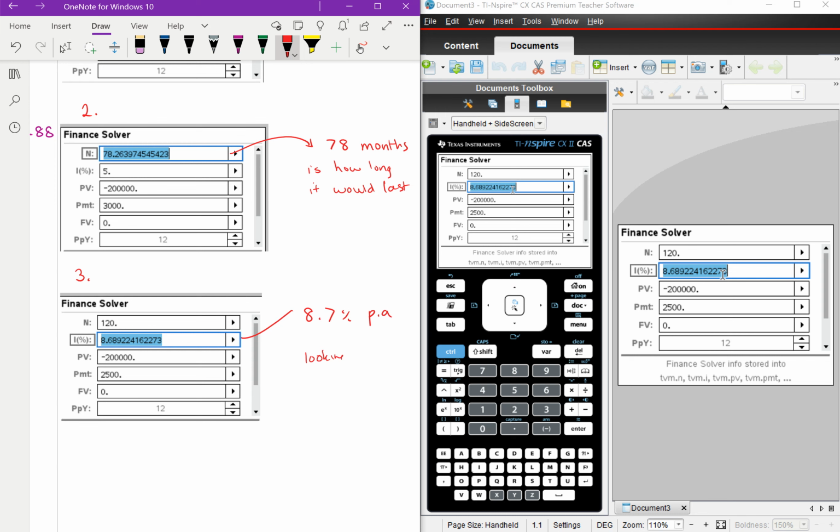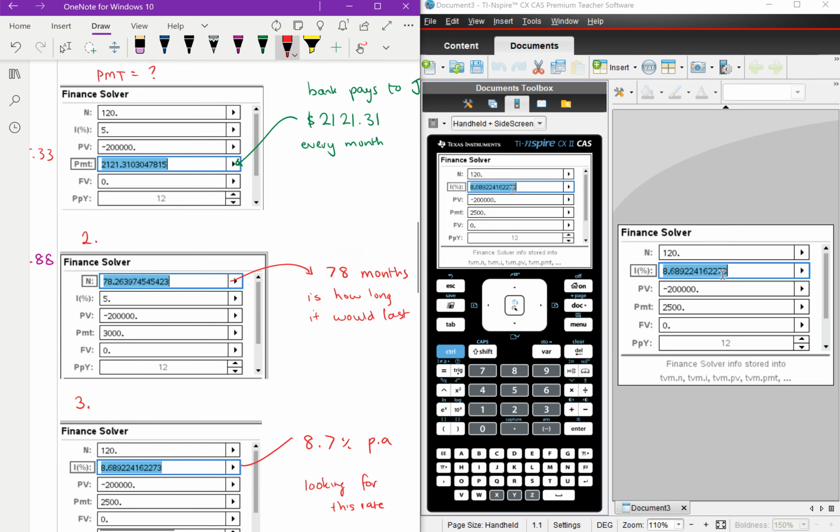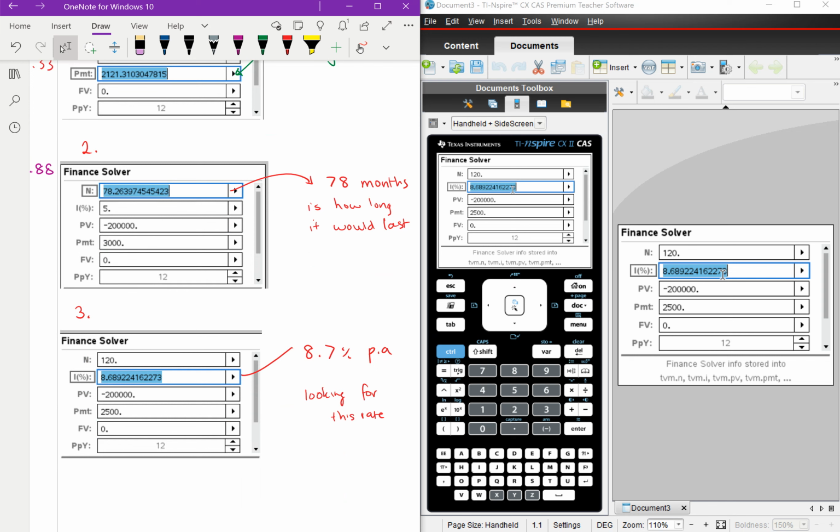If I can find a bank that offers 8.7% per annum, then I know that I will be able to give them $200,000 and earn $2,500 every month with interest, and I'll survive for 120 months, which is 10 years,